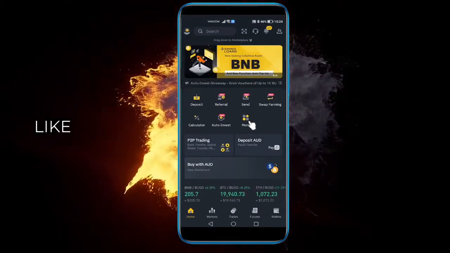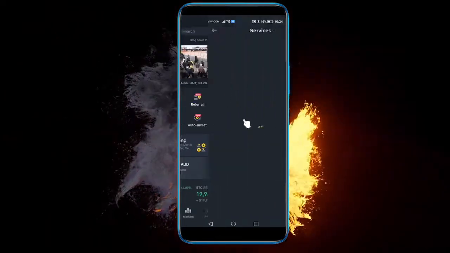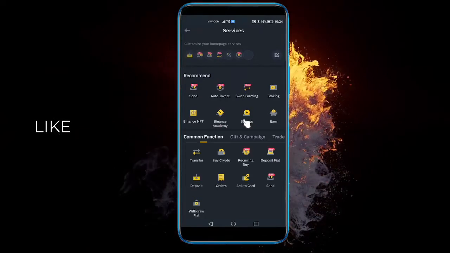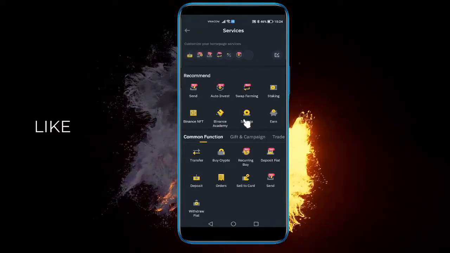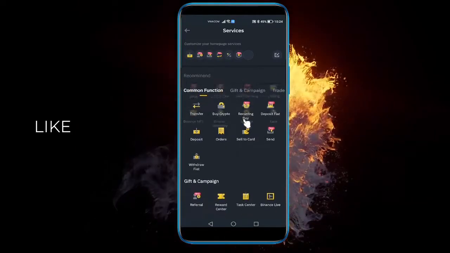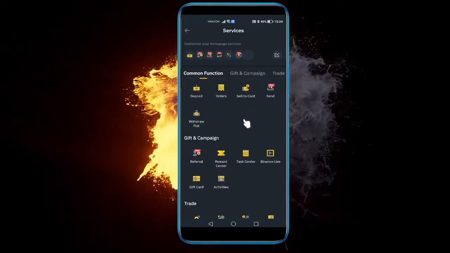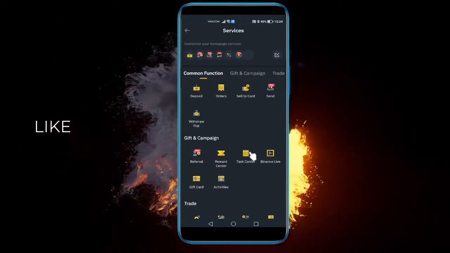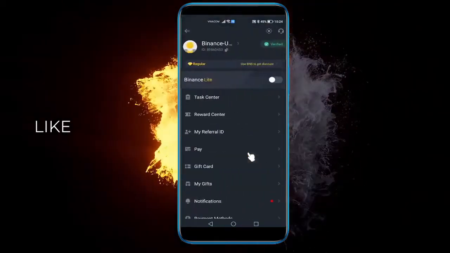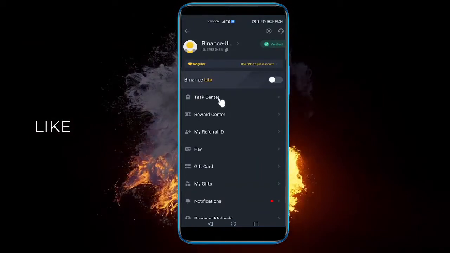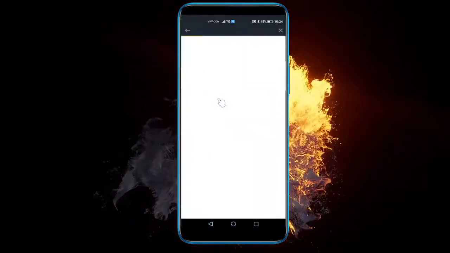So you can do it either from more, from here, and you can click on task center right here. Or you can click it if you're using Binance from here, task center. Anyway, when you click that,